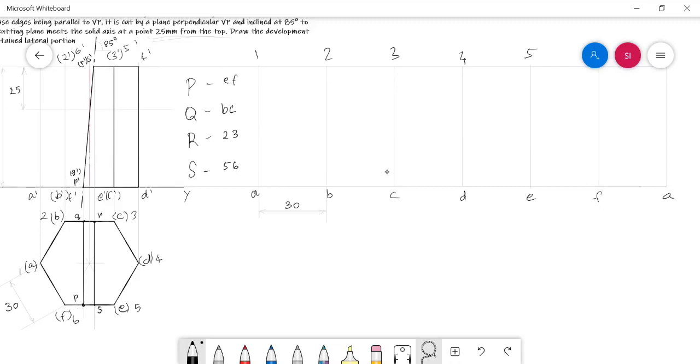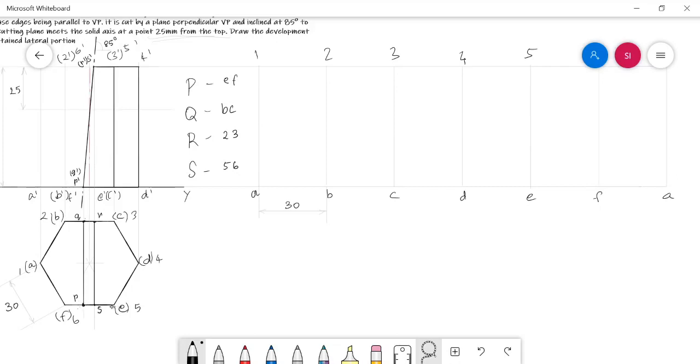So what we need to do is locate the cut points simply by measuring their location in their respective edges. For example, the cut point P is in the edge EF. That is, in the edge EF, we need to mark the cut point P. So we need to refer to the position of the cut point P in the top view, not in the front view. In the top view, just look here. The cut point P is in EF. So the location of the cut point with respect to EF has to be measured here. We cannot project. We need to measure and mark.